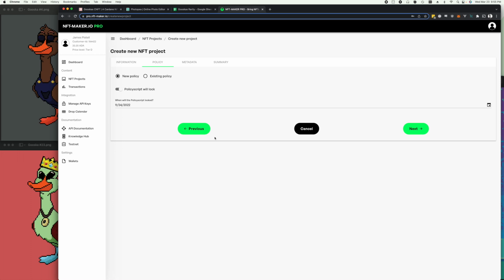If this is one of your first projects here, I would say just leave it as is. The policy is going to lock anyway, so just leave the default date. I think they go out like 6 months or something. But if you want to copy a policy ID from a previous project, go add more to your collection if you want,